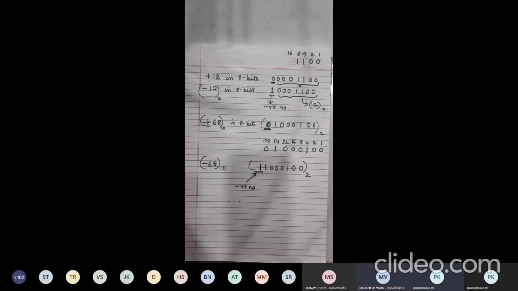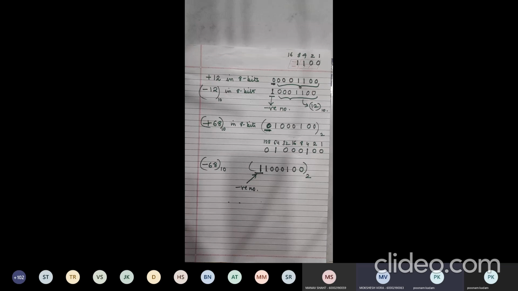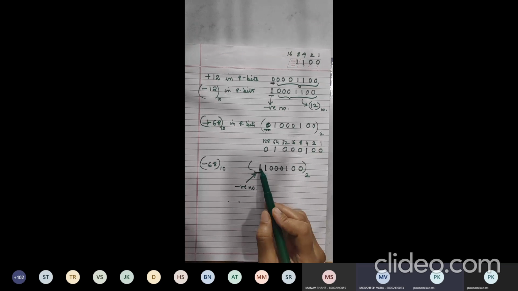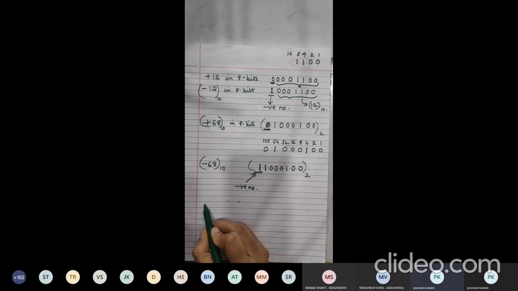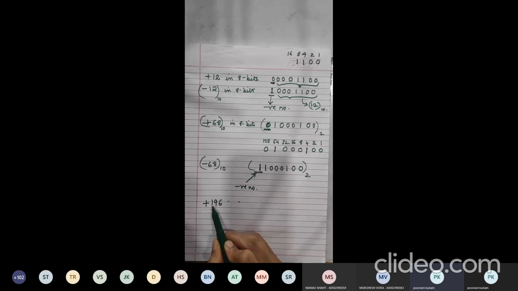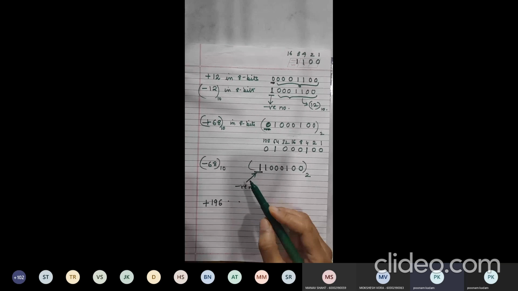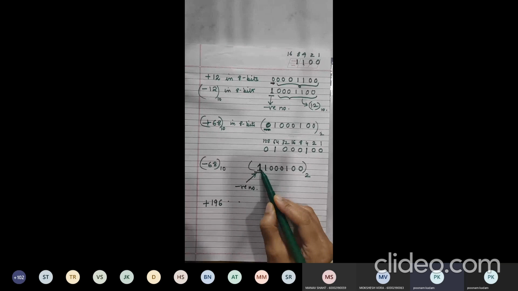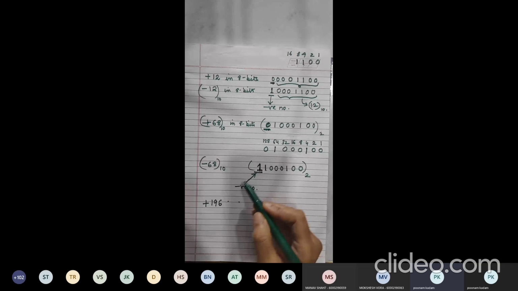Ma'am, won't people get confused with 196? 68 plus 128. No. See, if you want to write plus 196, we cannot say this is 196, because when you have to represent plus 196, the MSB bit should be 0. What is your MSB bit? MSB bit is 1. It indicates that it is a negative number, not a positive number, first of all. So it is not going to create any confusion with plus